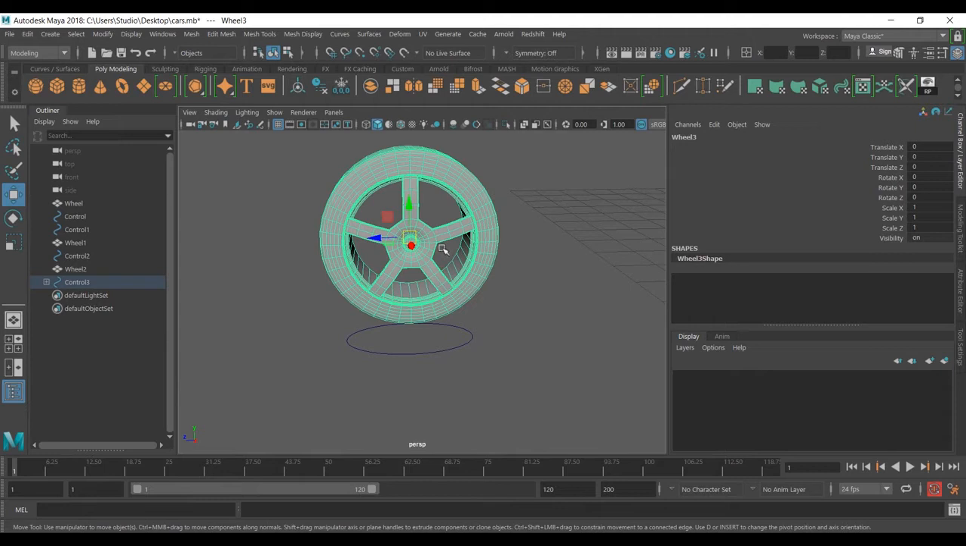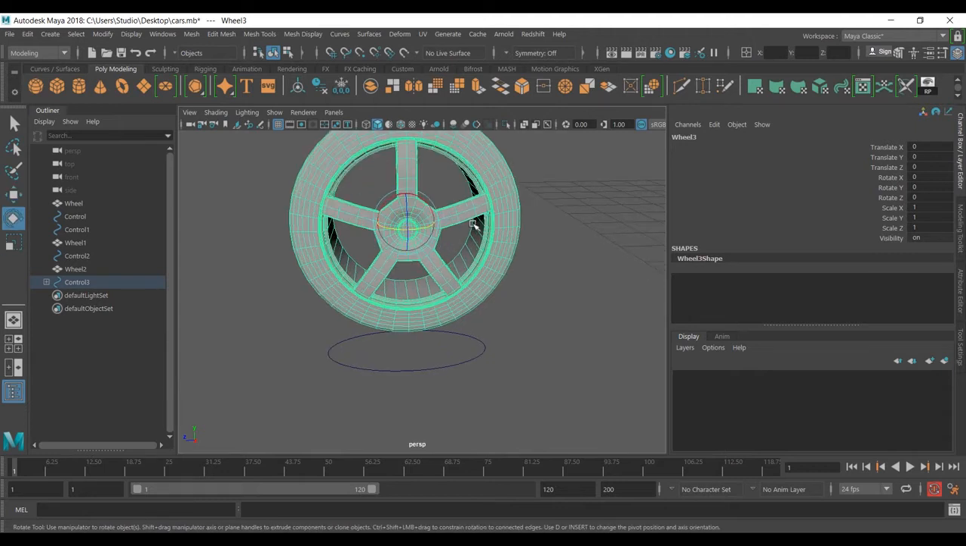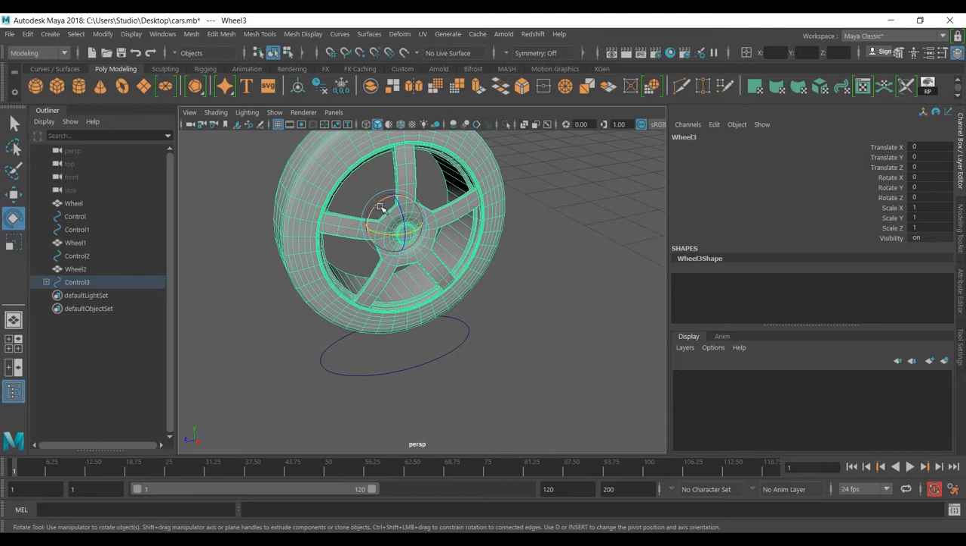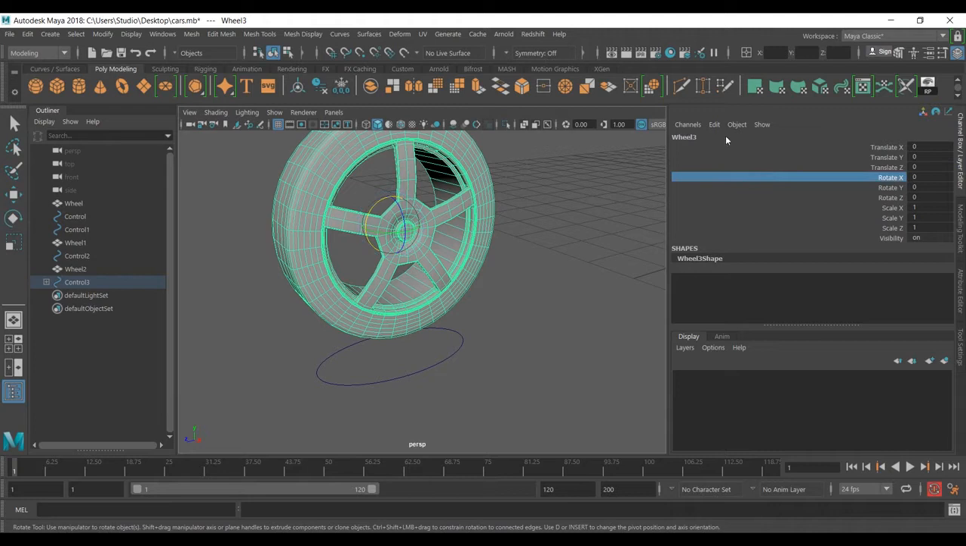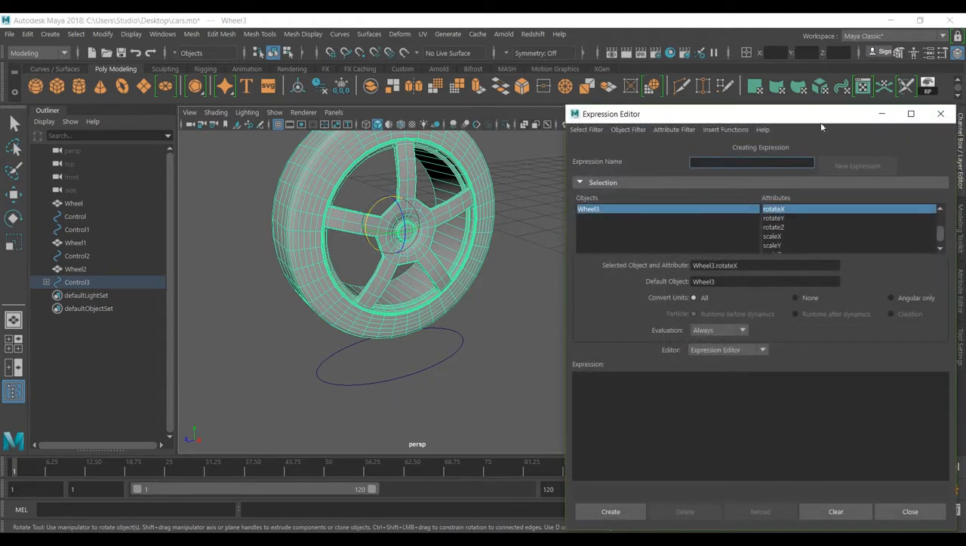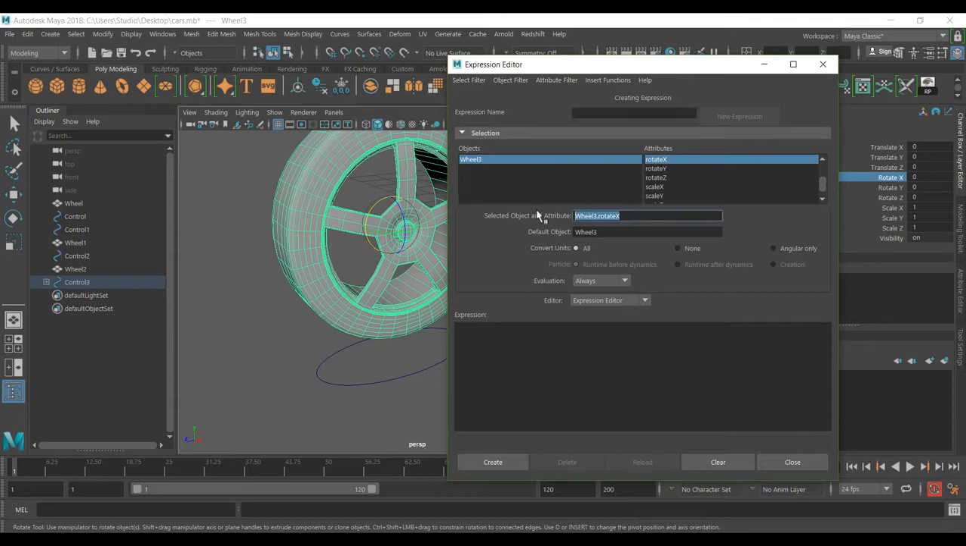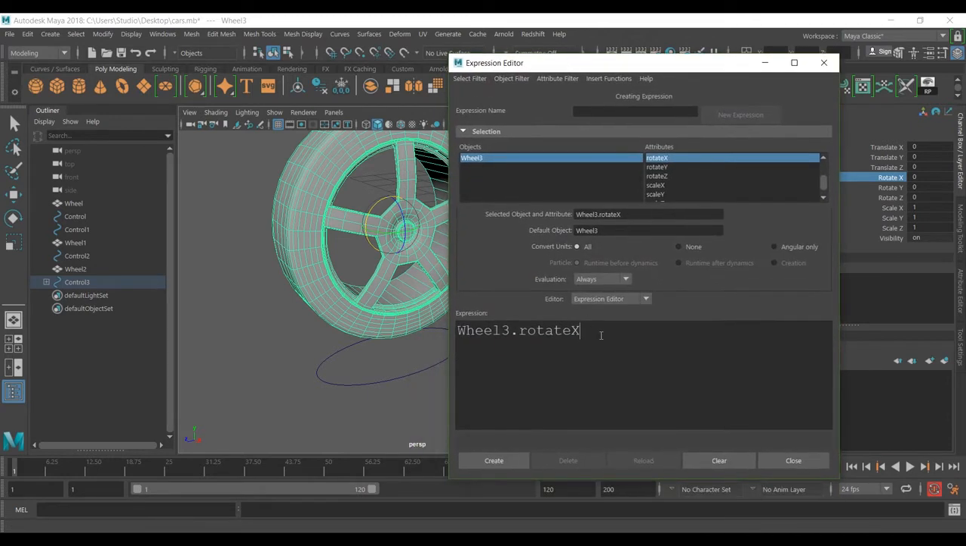You need to know which direction your wheel is rotating, and that is the X, as you can see. So we select the X, go to edit, expression, and select this, middle mouse click, control with the mouse wheel to make it bigger. It's very simple actually. You need to find your controller. I think it's control 3, yes. Control 3 dot